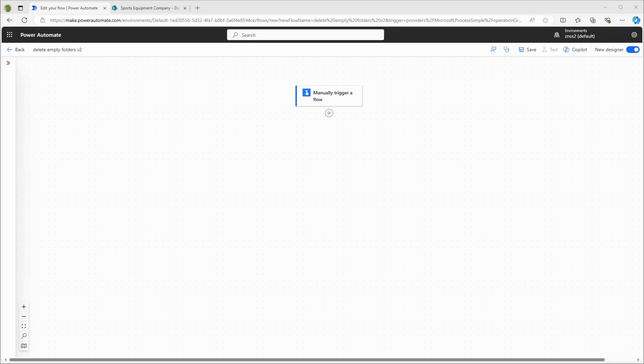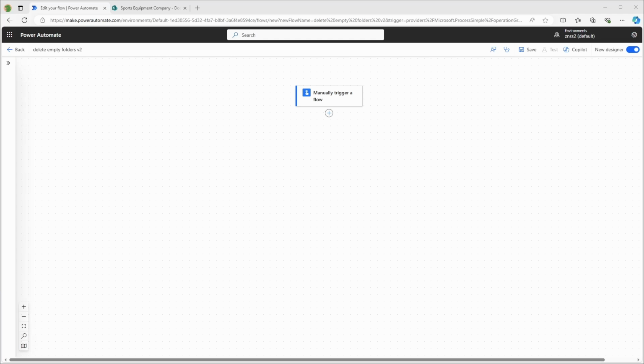Today I want to show you an updated version of how you can delete empty folders in your SharePoint library with PowerAutomate. The old PowerAutomate flow I've created was working, but it had some flaws and it was not really optimized. But I'm always looking to find a better way and we're all here to learn to get better. Let's get started, but before I go to PowerAutomate, I want to show you the basic concept of what the